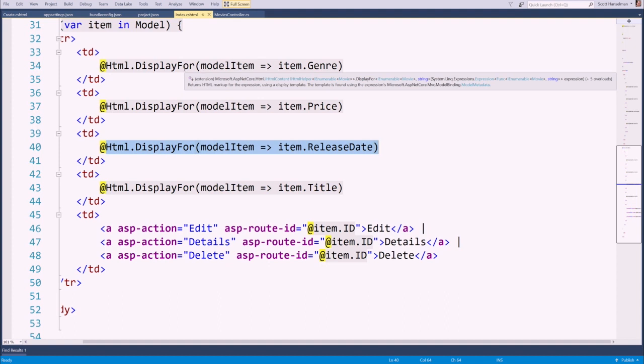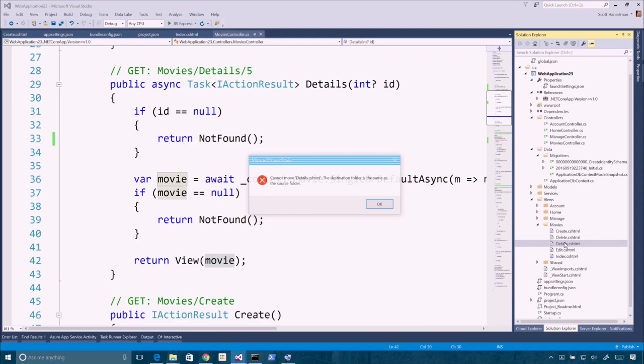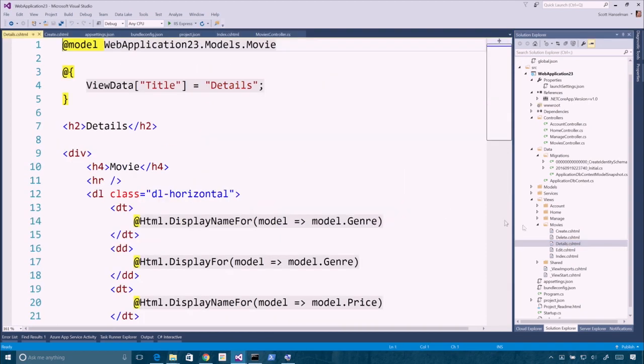Another thing worth pointing out is just how clean the relationship is between the controller, the view, and the model. So let's just look at details again very briefly. We say details, we pass in an ID. Here's what the URL looks like. And we are getting back a movie, and we pass it into this view. So we know that there must be a details view. We open up the details view,